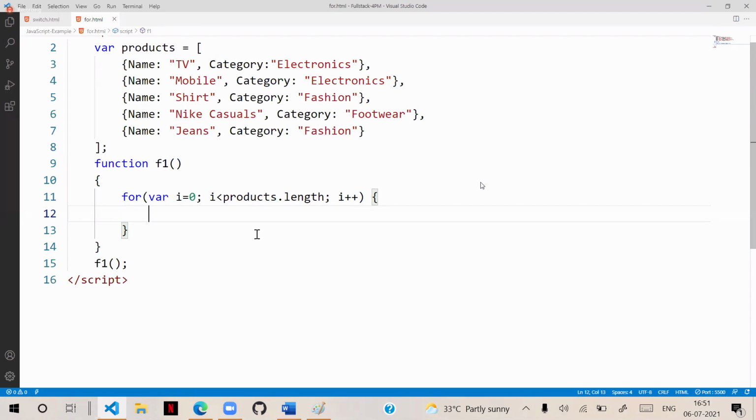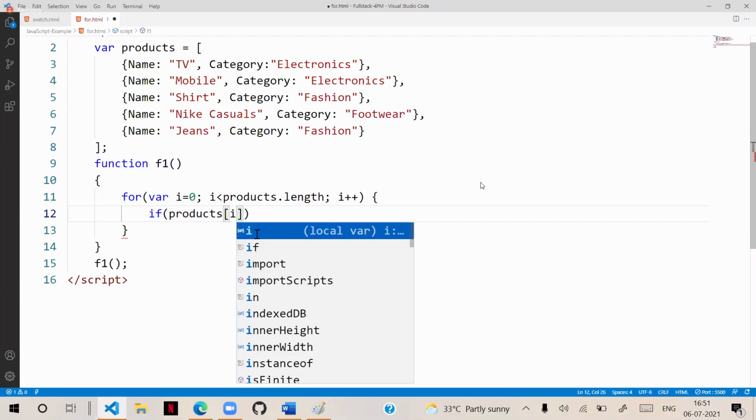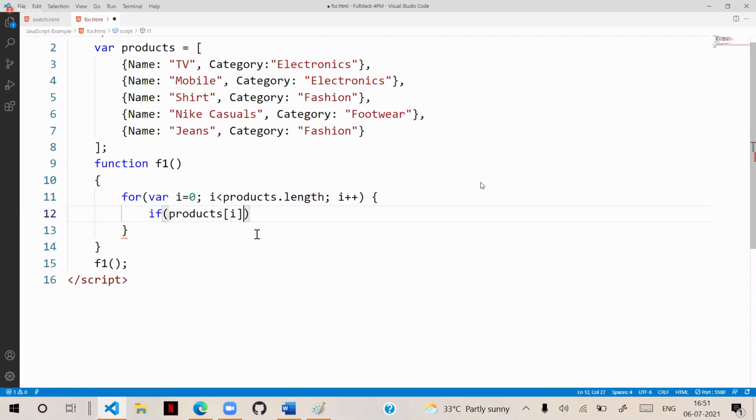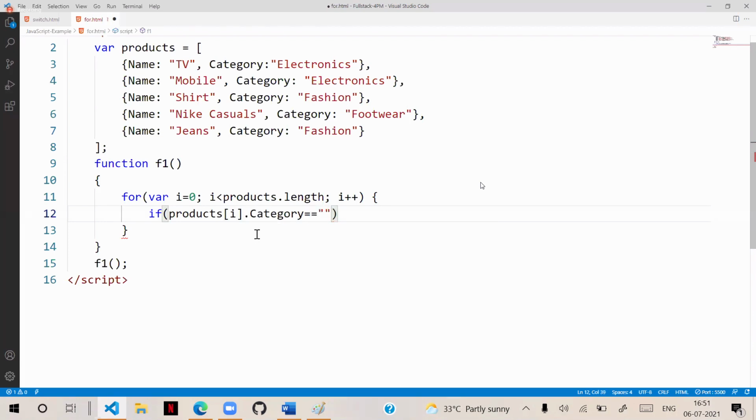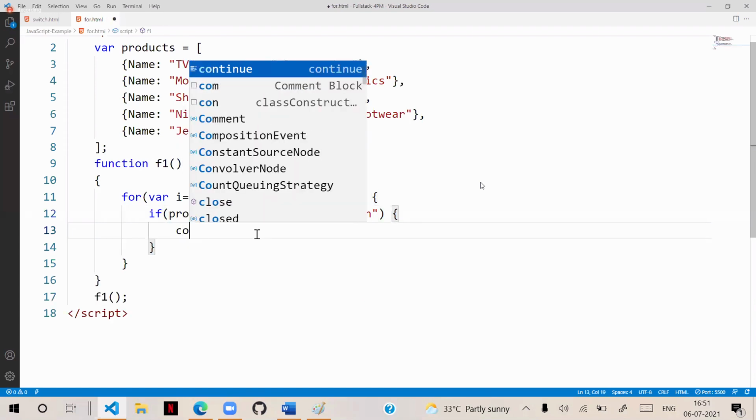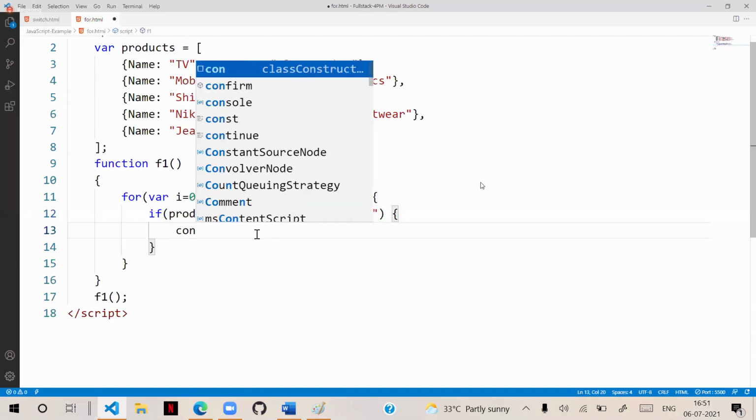Now, what we need here is a condition. So if products of i, that means first product dot category is equal to fashion, then what should happen? If products category is fashion, then continue.